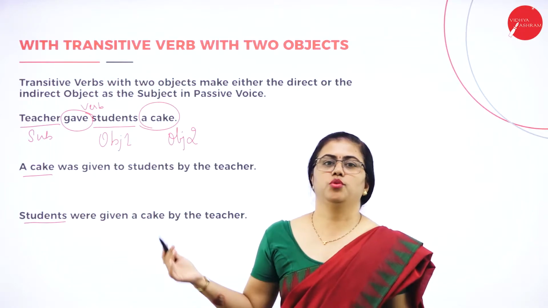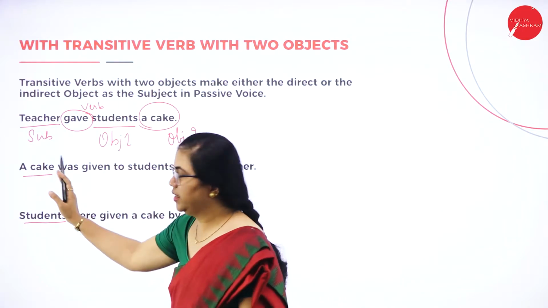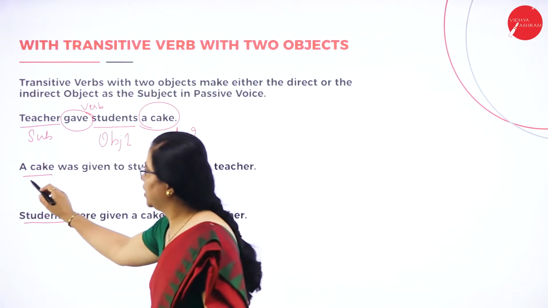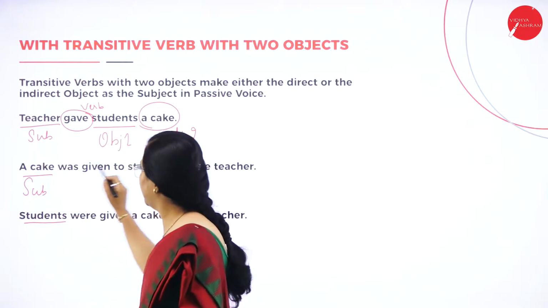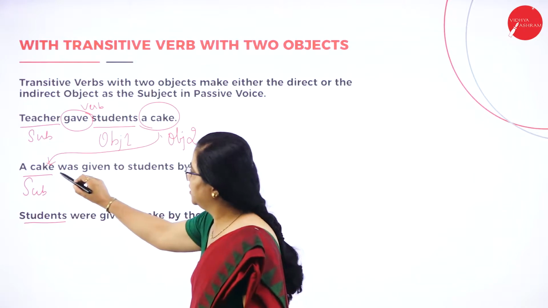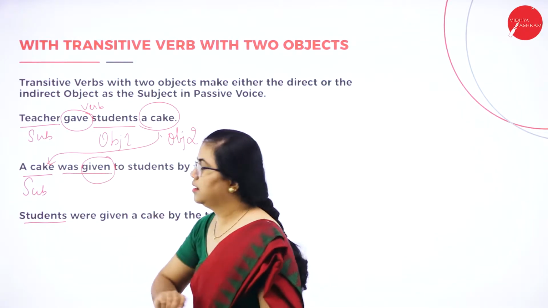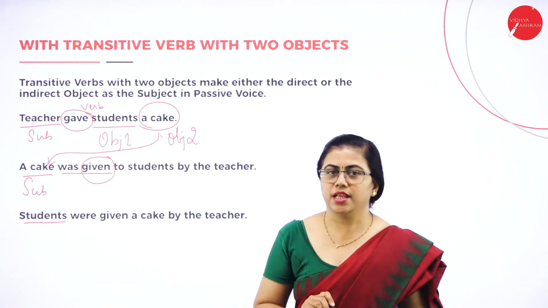Whichever you want, you can put it in the beginning. Okay, so here first I have taken object 2 in the subject part. So cake I'll be putting in the subject part, that is, the object 2 will be here, and we have learned this rule, was given. This you already know, it is the participle form, isn't it? We already learnt in the